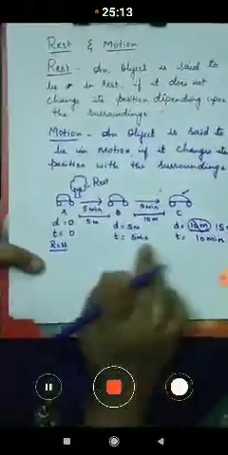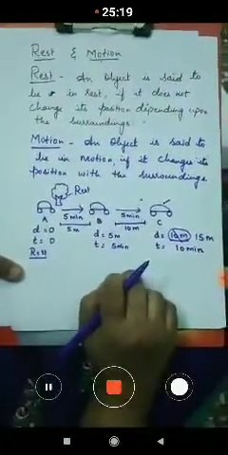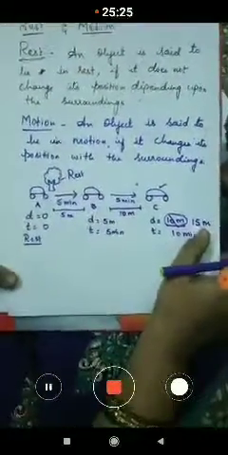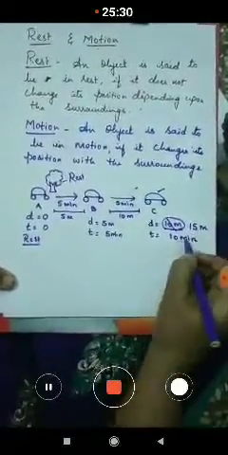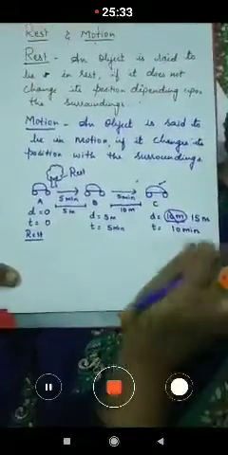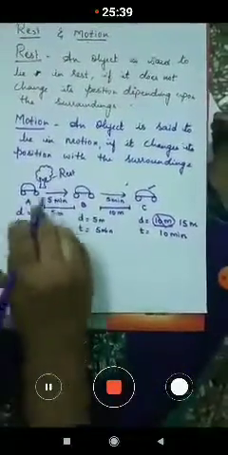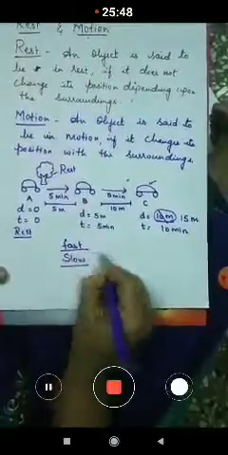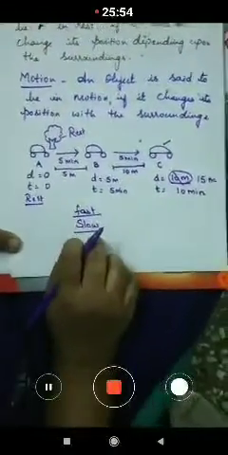Now here we can conclude one thing, as the example is given here. Okay, children, now I think everyone is clear with rest and motion. Now the time taken to travel a certain distance is 10 minutes and 15 meters. The car is moving at a certain speed. Now what is the speed of the car, whether it is fast or slow? How can we judge this? Tell me whether the car is moving fast or slow.